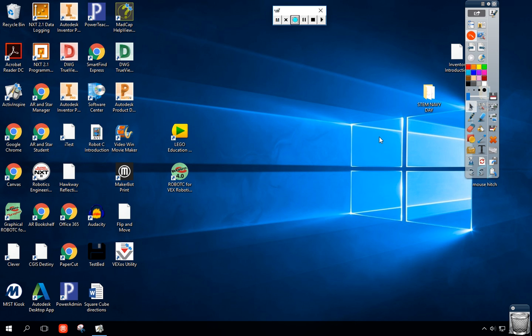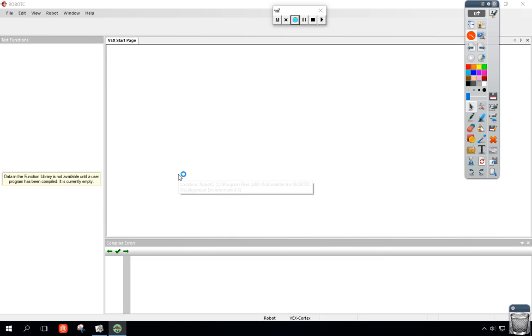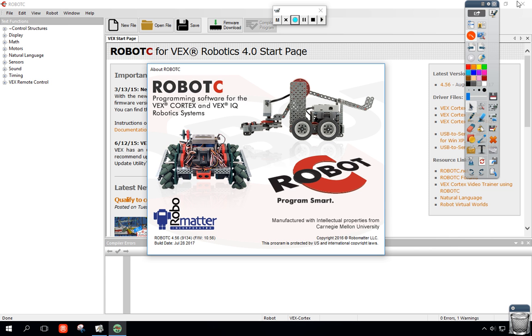Alright, let's talk a little bit about Robot C. On your desktop, you're going to find two Robot C icons. One says Graphical Robot C, and one is Robot C for VEX, and that's 4.0. That's the icon that you're going to need to hit. Don't go into that one, it's not going to get you very far. So once you launch Robot C 4.0, it's going to come up